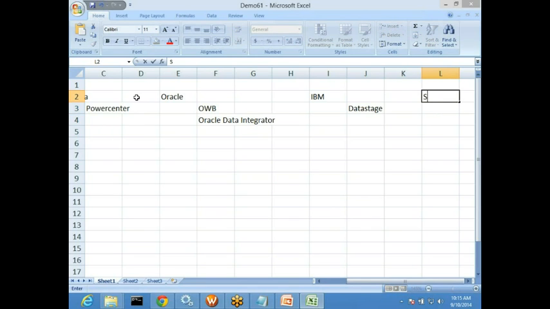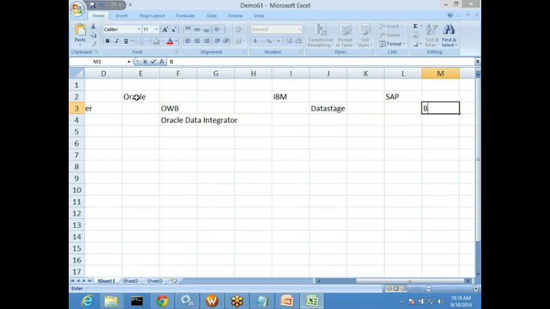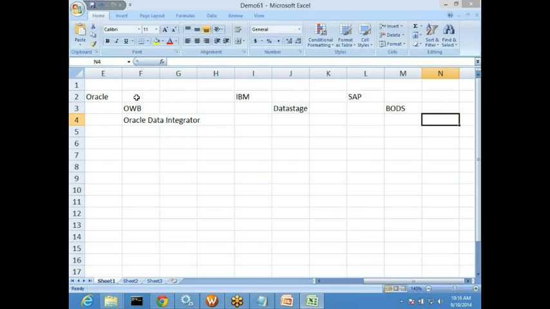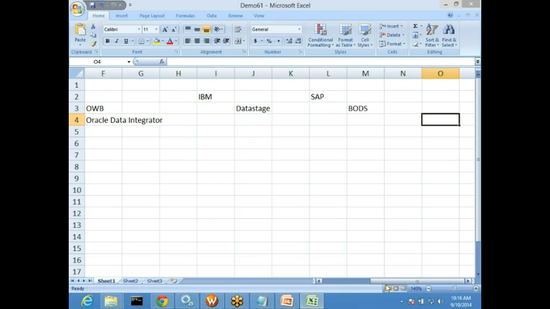And for SAP, BODS. Again, this is not developed by SAP. Business Objects developed it. I used to call it BODI and then it was renamed BODS. So these are the top players, and apart from this, there is one big company called Ab Initio, which